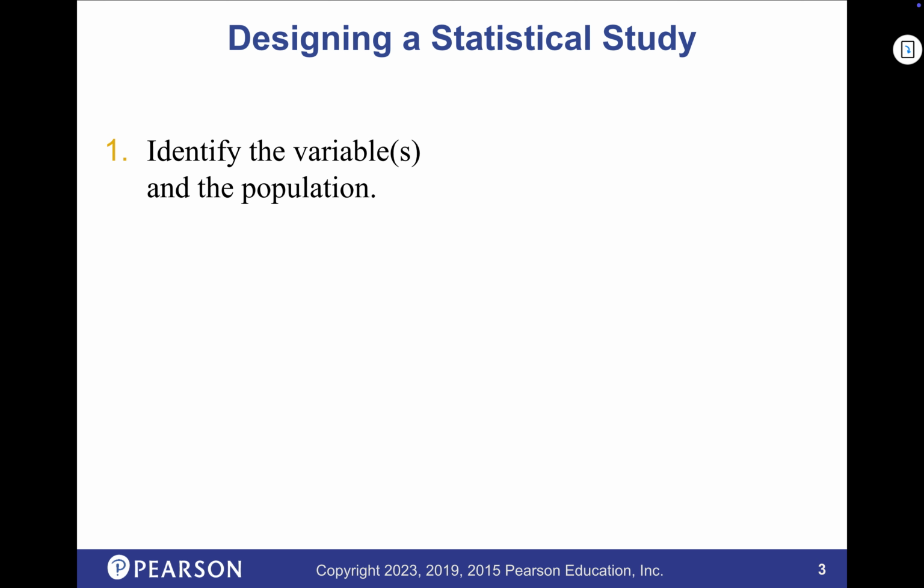There's kind of going to be two sides to this. One side is we have to identify the variables and the population. Now we've talked about a population, right? It's the group we're interested in. What's a variable? Variable means it can change, and it's what we're interested in, right? What's your opinion about the weather, right? And everyone would have that. The variable would be how everyone felt about the weather today. Some might love it, some might hate it. Whatever. But that's a variable.